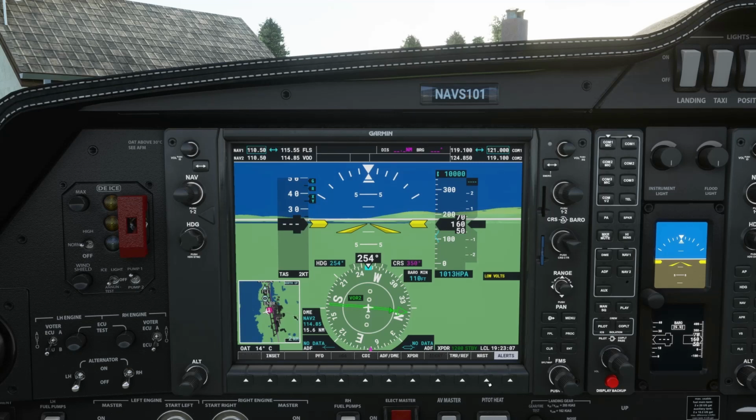If we go back and click on nearest, it brings up this useful feature. When you're flying, you can see the nearest airports. Obviously we're at ENBR, and that's the next one, and you can see it goes up in distance. It tells you basically what facilities the airport has.